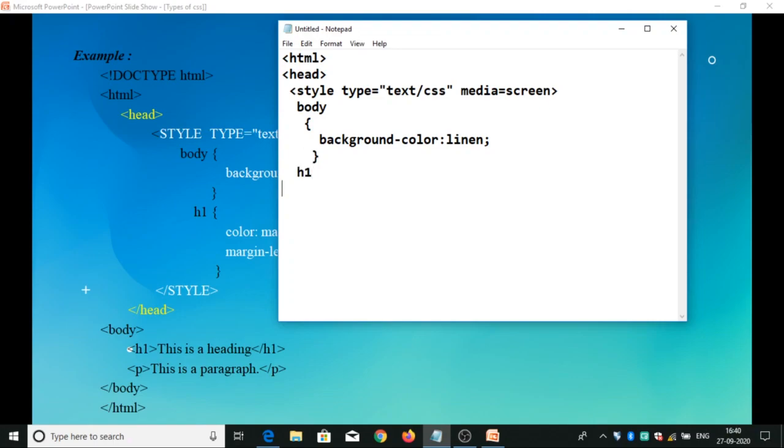And the next selector in the style is H1 with color maroon, and margin left from 50 pixels. Close the style tag, head section.